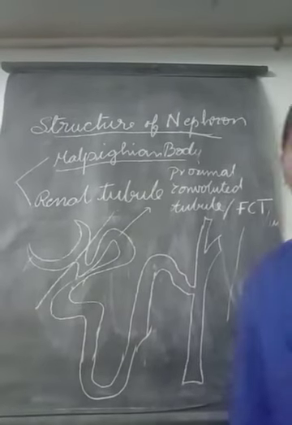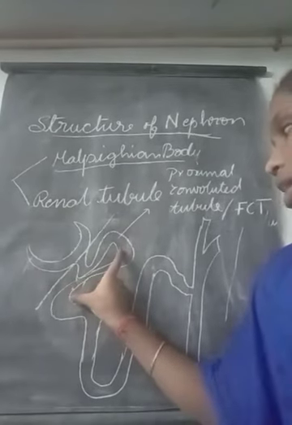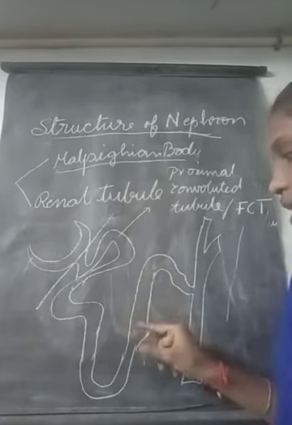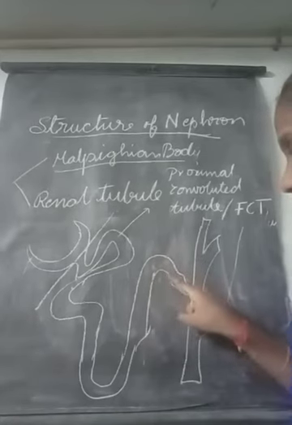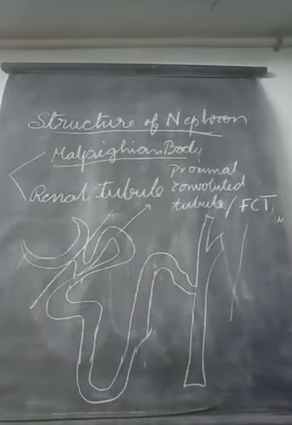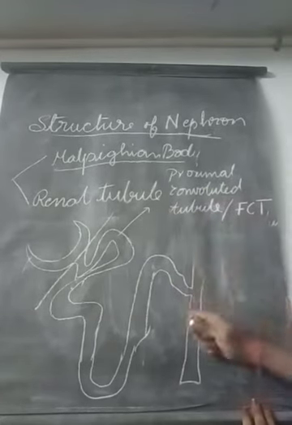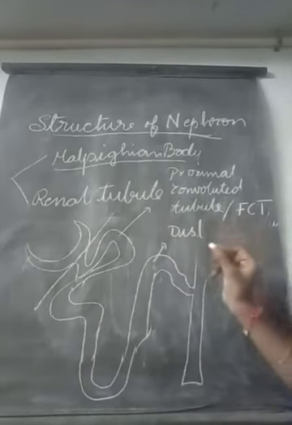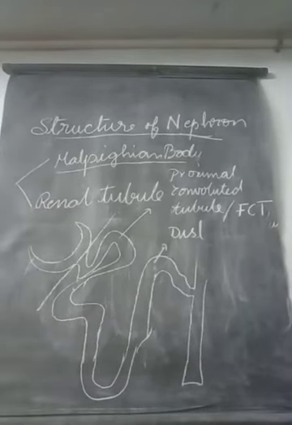Yes, teacher. First part understood or not? Okay, so this is the first convoluted tubule. And then again we will see convolutions in this back part. This back part of the renal tubule again shows convolution. This part is called the distal convoluted tubule. The back part is called the distal convoluted tubule.